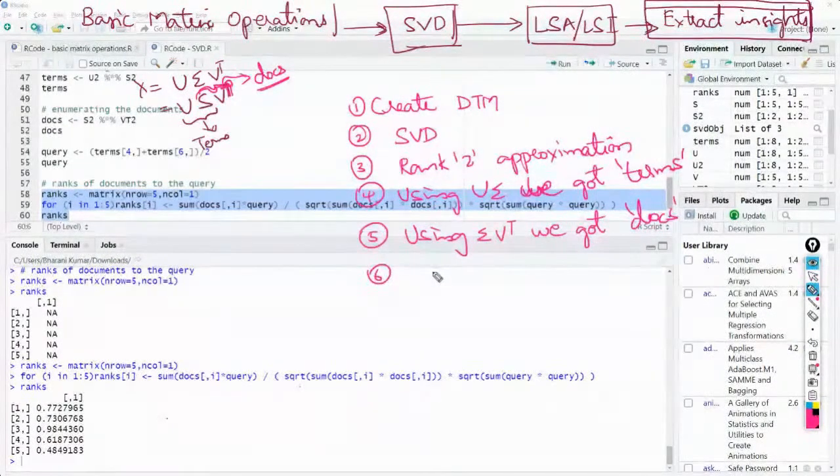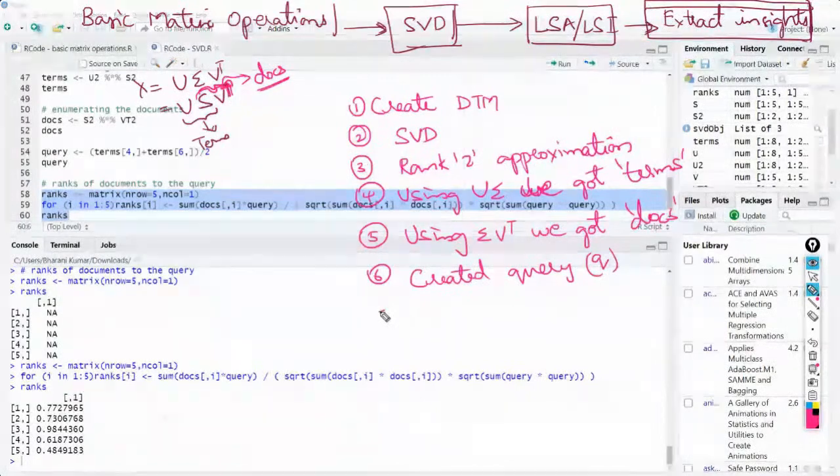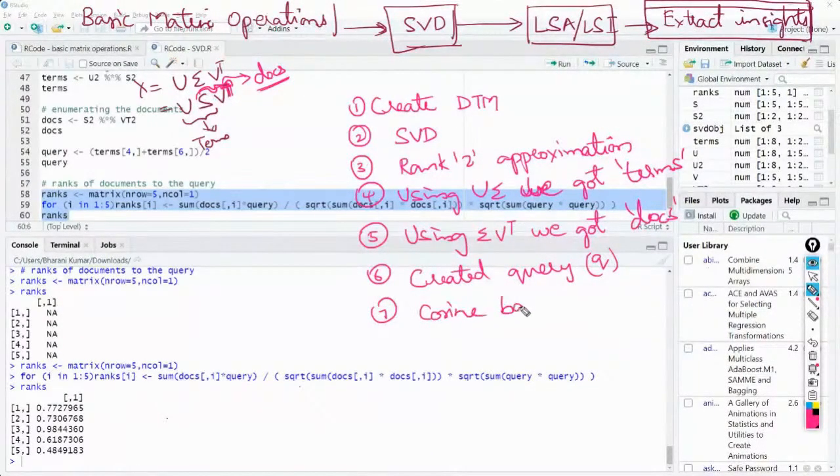Then we created the query term Q. Then finally, we calculated cosine based similarity, which is di into Q divided by di modulus into Q modulus.